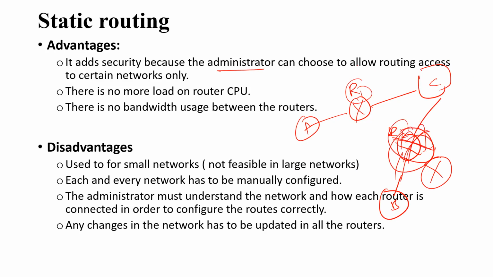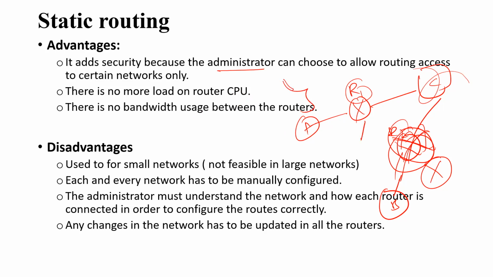So whatever is required, only that can be configured by using static route. But in case of dynamic, I'll tell you later on. For now, whatever routes are required, only those can be configured by the network administrator using the destination subnet. I know, like here, CPU and bandwidth utilization won't be an issue